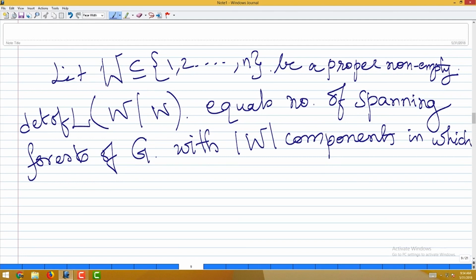Yes, when W is equal to 1, I mean when W is a singleton set, then it becomes the matrix tree theorem. It is a generalization of this. So, see, I am not stopping here, it not only gives me the number of components in the forest, it also tells me that in which one end vertex is in W and the other end is in complement, okay, in which each component